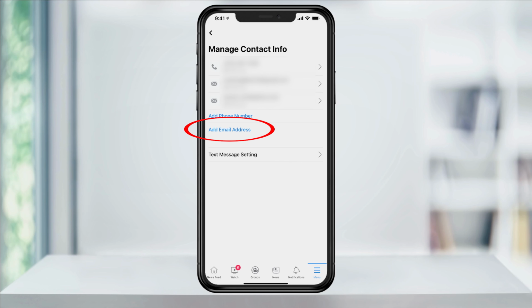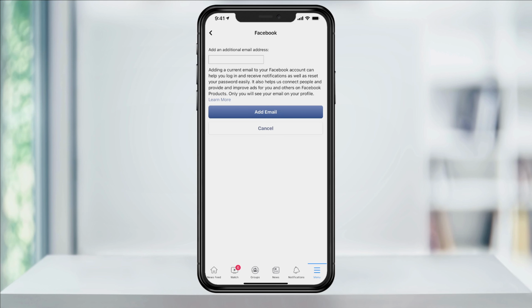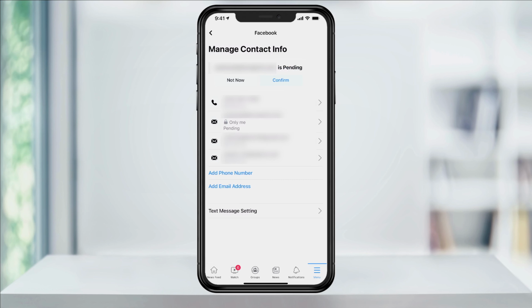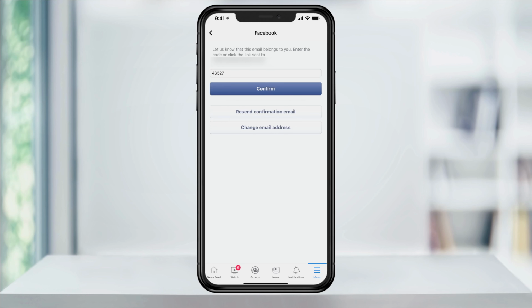At the bottom, tap Add Email Address. Enter the new email address that you want to use and then hit Add Email. You'll then see that the new email address was added to your list but is now pending. To finish, hit Confirm. It will then email you a code that you can copy and paste and then hit